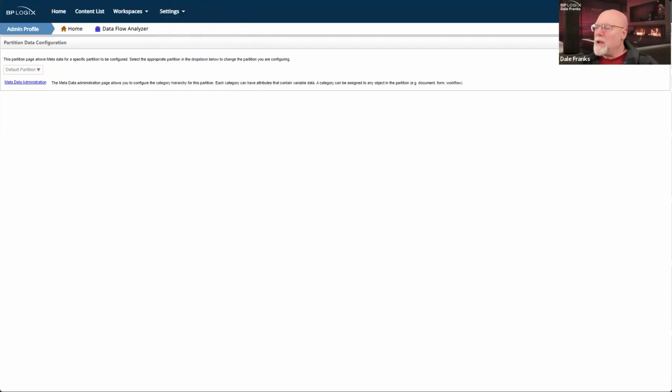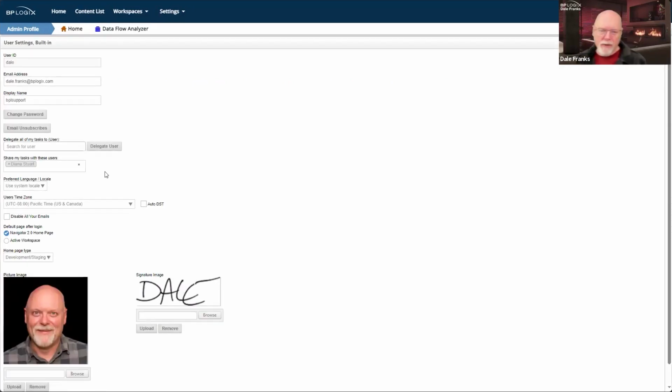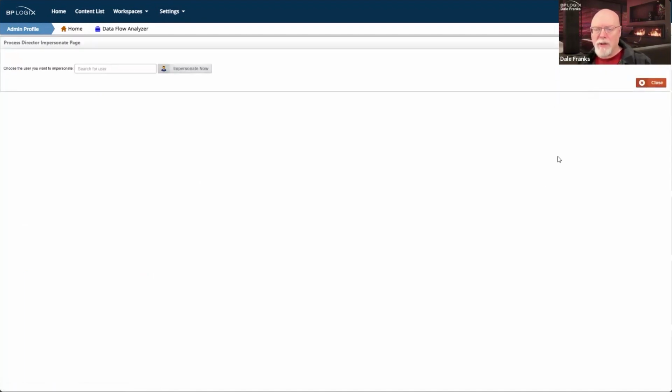And we've also changed what we see with the user profile. It used to be the user profile slide out. That slide out doesn't exist anymore. We now have this drop down menu. I still have access to my user profile, as we saw a few minutes ago, where I can look at all of my user profile information. But I've also got some extra stuff here that was a little harder to get through before. One thing is impersonate user, which is easier to get to because I can always just click impersonate user and it takes me directly to the impersonate page.